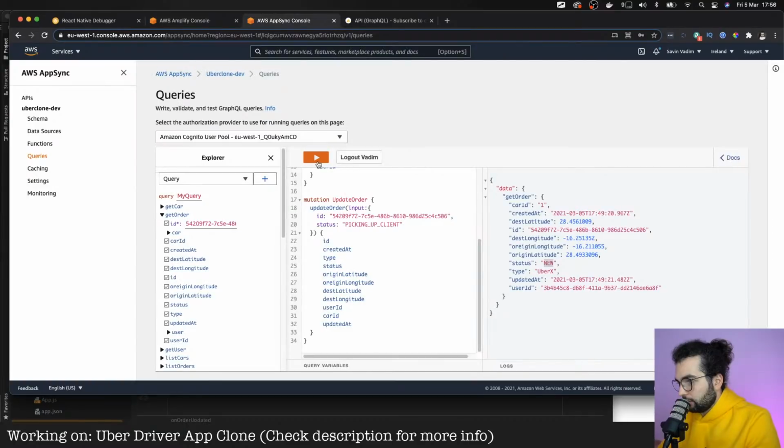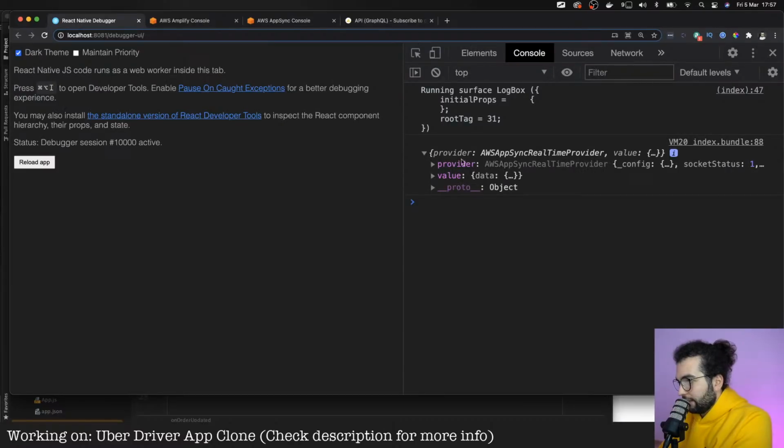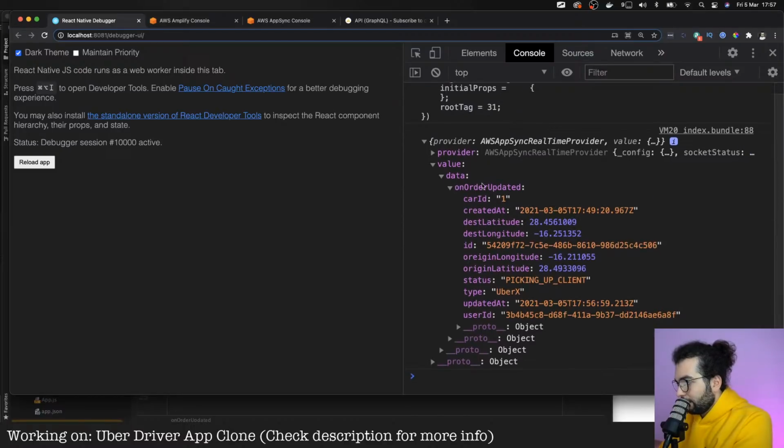Let's run it. Update query. The status has been updated, but let's see the debugger. Provider. Yeah, we get a new value on order updated with the updated status, picking up client.